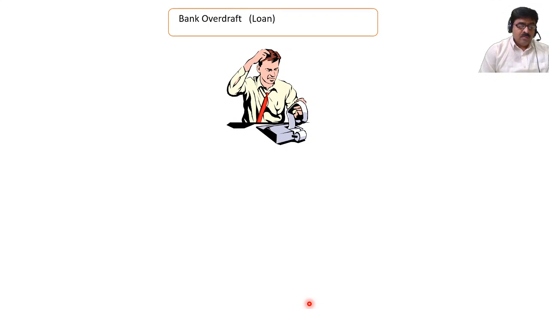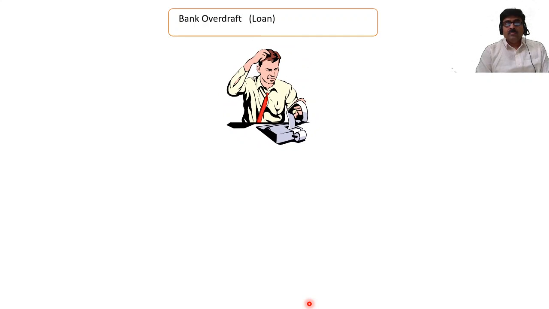Now look at some overdrafts or loan. In this case it is a reversal. It means that if it is a favorable balance, cash book shows a debit balance. In this overdraft case, cash book will show a credit balance and the passbook will show a debit balance. Taking as basis a debit balance of cash book and credit balance of passbook, we prepare the bank reconciliation statement. This is called unfavorable balance.